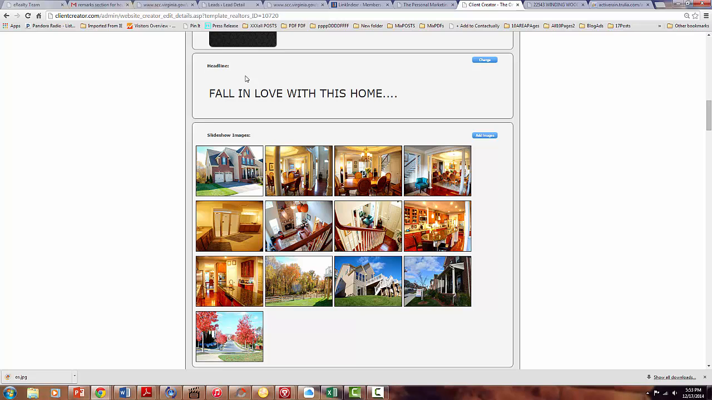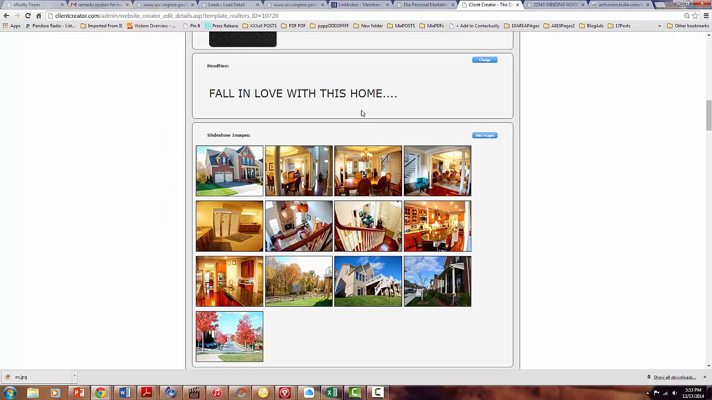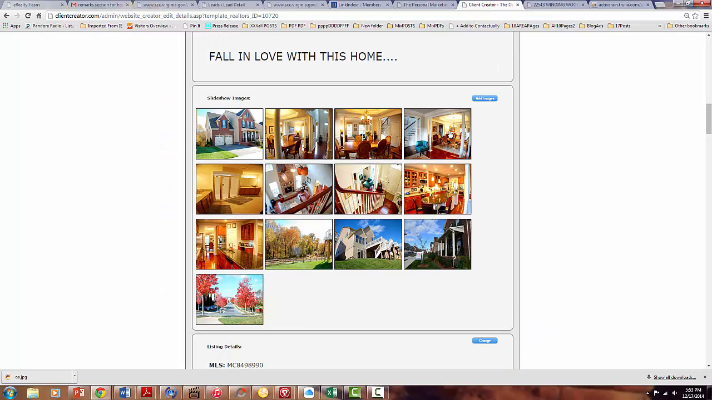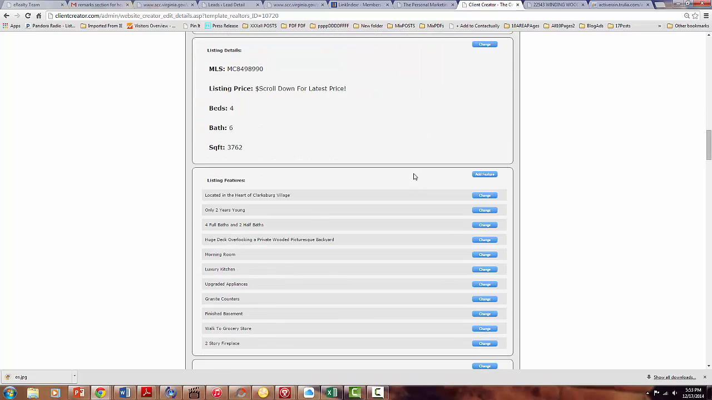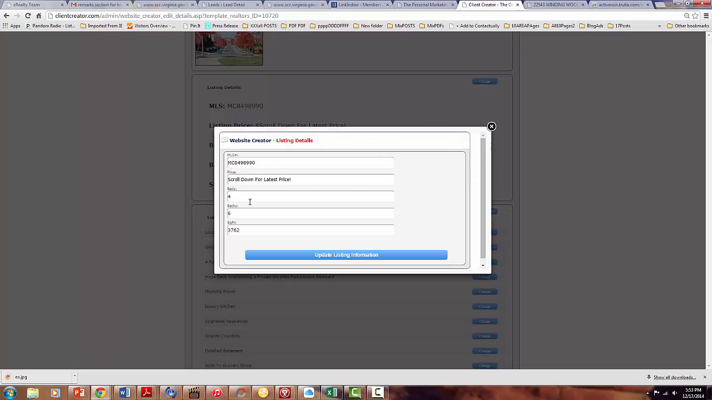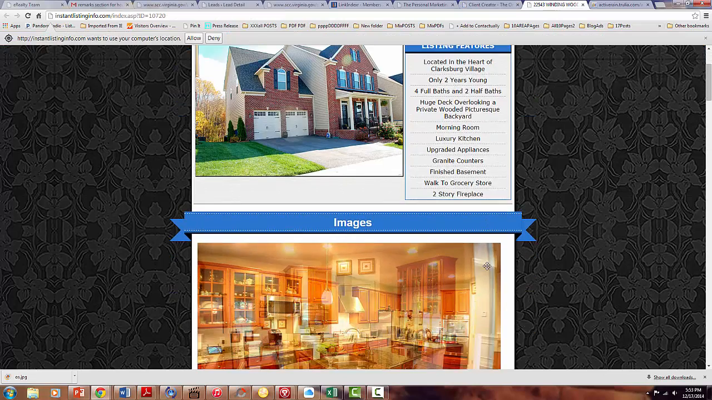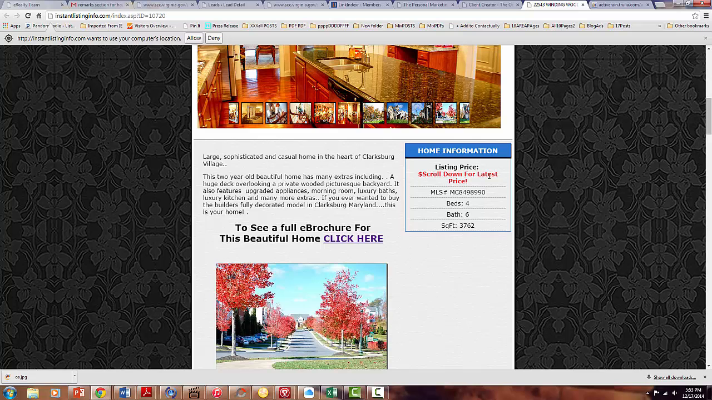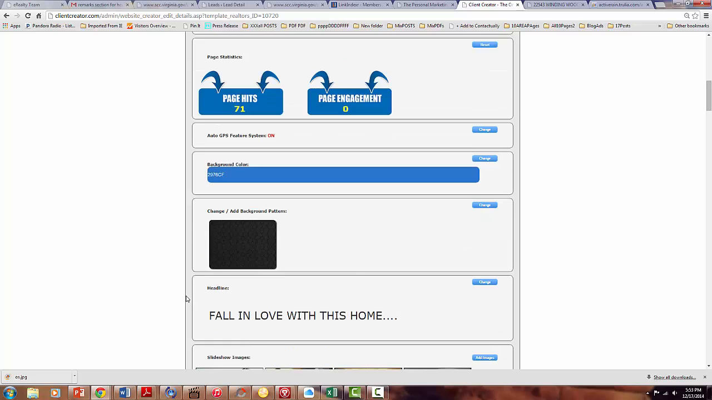These are the headlines. Fall in love with this home, which is basically this part. Fall in love with this home. So you can change the headlines. You put all the images and the pictures that you want to show about the property. You put more information. I can see this is the things that I put, where you can put a scroll down for the latest price, which is exactly what you see here. Scroll down for the latest price. And so we continue going down,